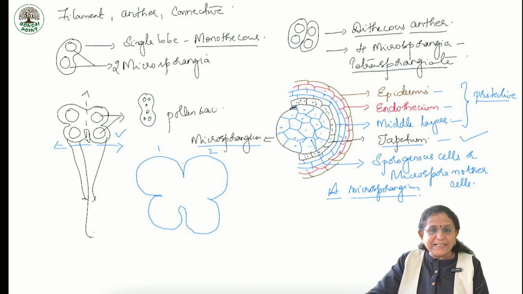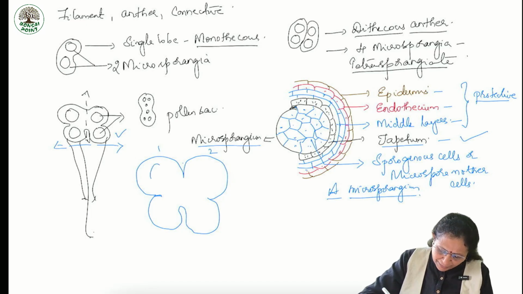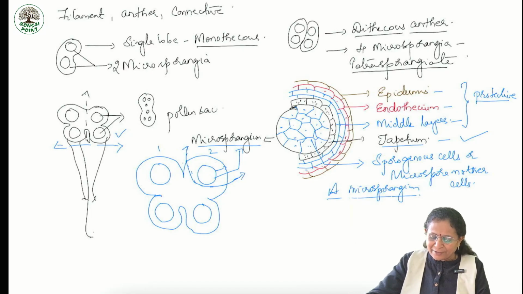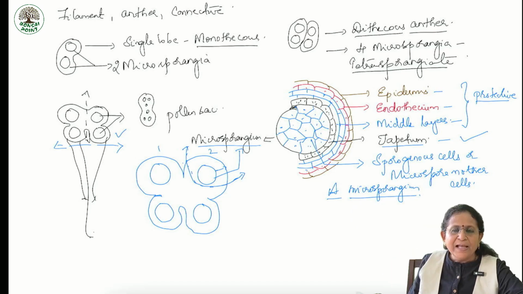Thereby we say dithecous anther. One microsporangium of the first lobe, another microsporangium of the first lobe. Then here, microsporangium of the second lobe, microsporangium of the second lobe. These are the wall layers. This is the microsporangium. So I have shown you a portion, that is a section of this. One portion enlarged, I have shown you the details. Is it clear? Yes. Let us pass on to the next topic, that is